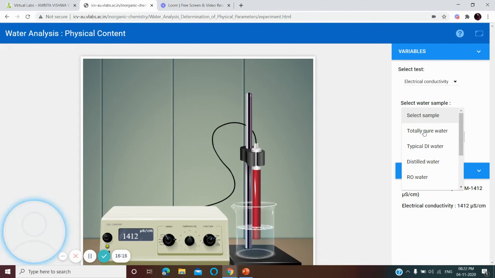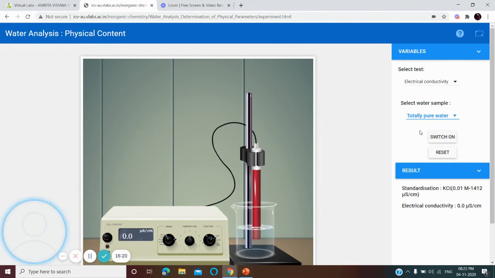First, we are selecting pure water. You have to fill the beaker with the pure water, dip the electrode, and switch on the conductivity meter. You can see that conductivity is 0.055 microsiemens per centimeter.